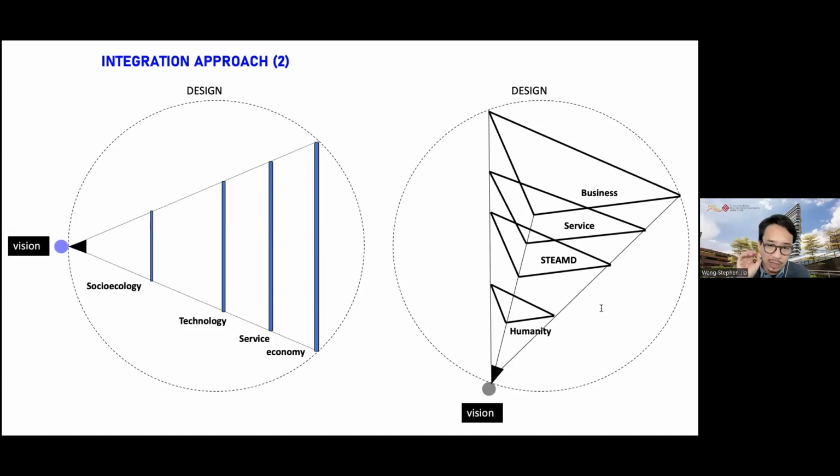First you look at the humanities, why this is important to our society, to humanity, more philosophical discussion. Then we talk about technology, what kind of new technology can help to improve this situation. In other words, from the opposite direction, whether certain technologies such as AI are necessary. Then service expands to the service level, or to the economy and the business level.